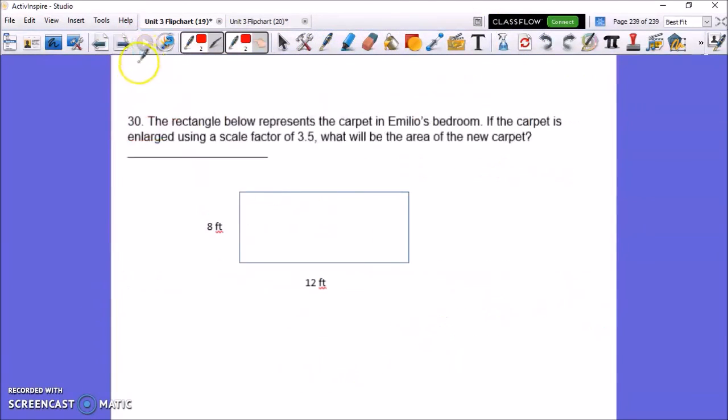All right, last one, number 30. The rectangle below shows the carpet in Amelia's bedroom. The carpet is enlarged using the scale factor 3.5. What will be the area of the new carpet? So we need to say for every one is 3.5. So 8, how many is x going to be? So cross multiply, that's just x, and then 8 times 3.5